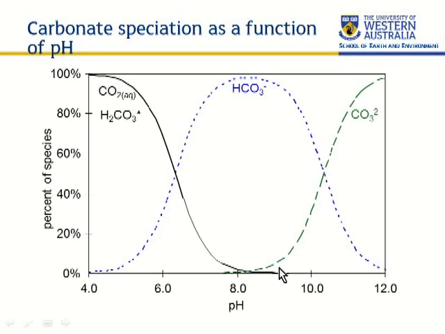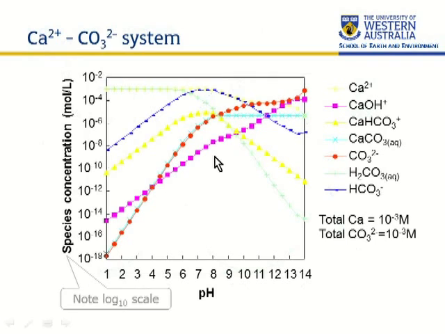And at very alkaline pH we see carbonate, the divalent form of carbonate, being predominant. Okay, now that's an acid-base sequence of reactions. It doesn't really matter, but what we're going to do is use that sequence of reactions to understand how systems